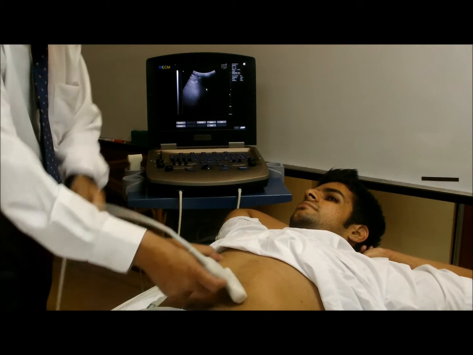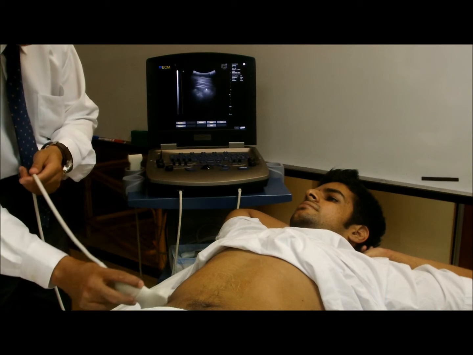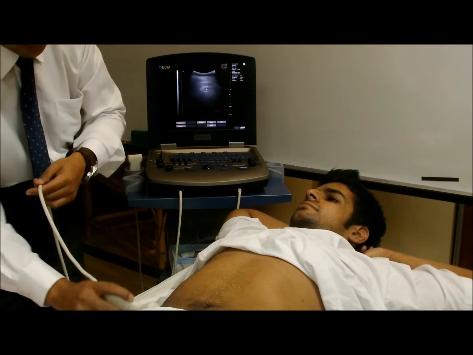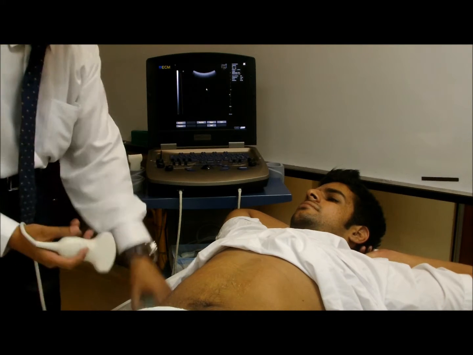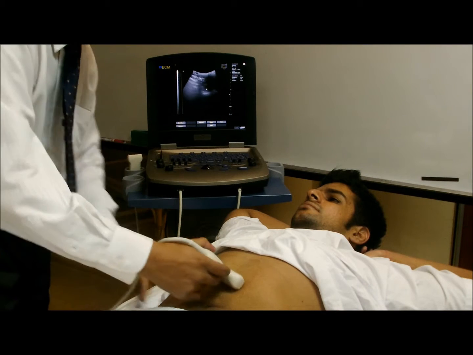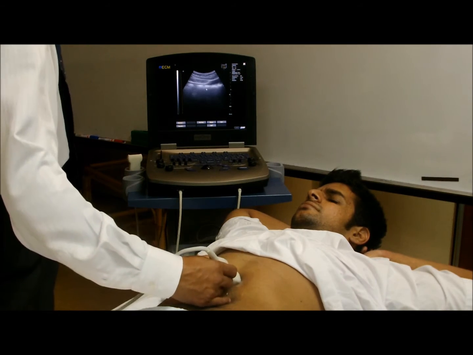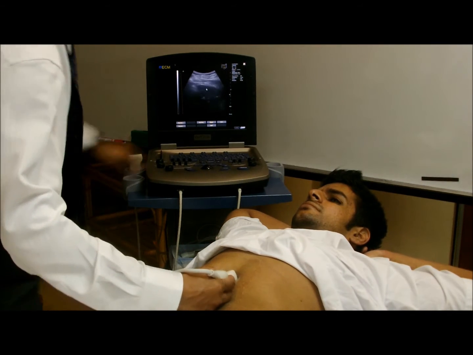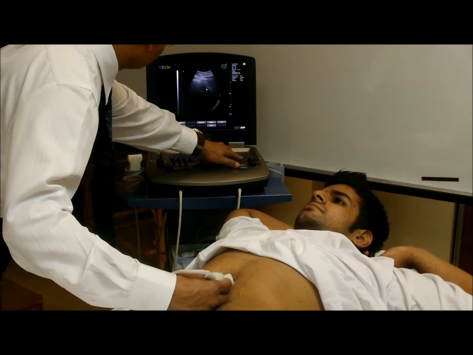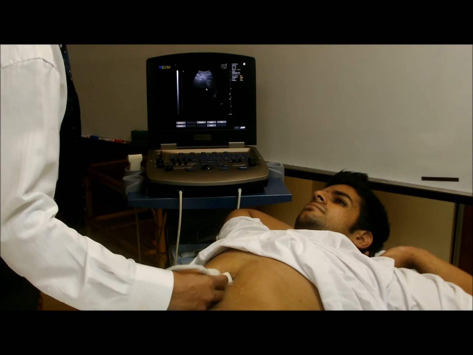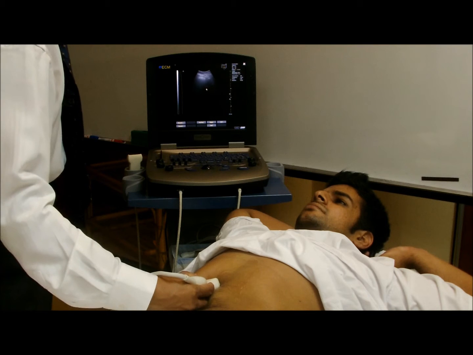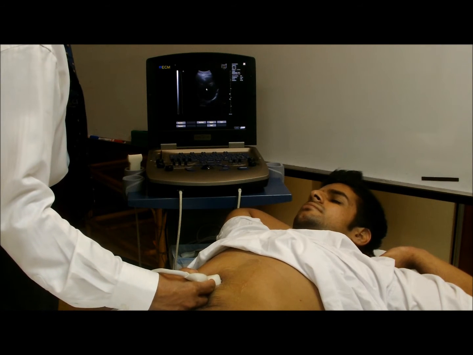For the liver, you just run it across the subcostal margin like this, with the arrow towards this side, and follow it until the lateral wall of the chest. You come from here, move here and tilt it all the way and explore the liver. Okay, increase the depth, and there you go. You could see the liver and explore it. If you see any abscess, you'll be able to see a hypoechoic presentation inside.